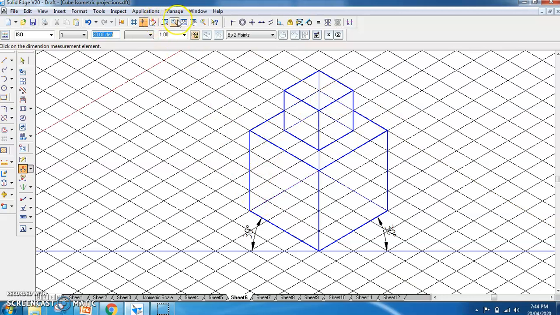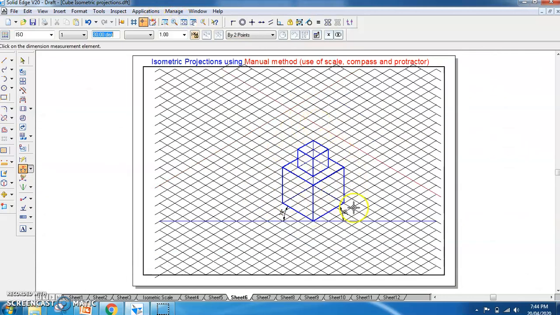So this method is shown for manual drawings. Okay, so to draw it on the isometric graph, you will be using this method. Okay, so measure 4 houses, 4 houses, 4 houses, 4 houses, then vertically 4, 4, 4, then like this. Okay, so here these lines, the bottom what we are able to see, it is on horizontal plane, so all horizontal lines are shown by 30 degrees. Now I am applying the guideline 30 degrees.